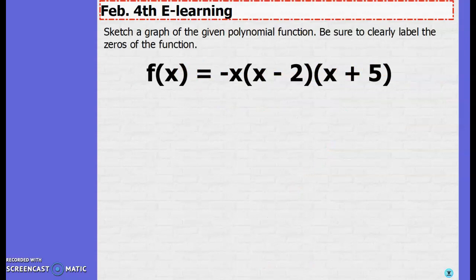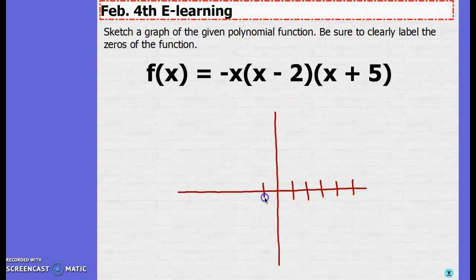You'll also be given some equations. So the equation, we could be a little more specific. So when we make these graphs, you will need to include the tick marks on your x-axis at least, so that we can, as you see, clearly label the zeros of the function. So this is what we talked about in class on Wednesday. What's nice about this form is it's in factored form, so we should be able to set each of these factors equal to 0. So I have 1, 2, 3 x's in the problem,